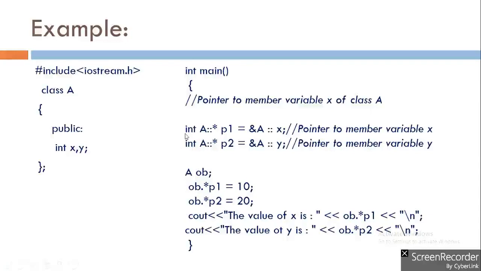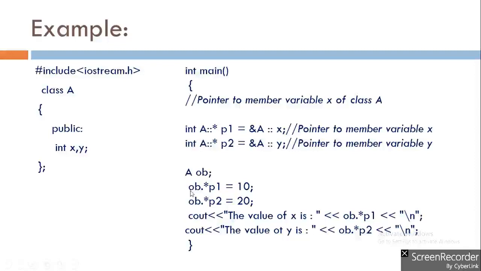So in the first line, int A scope resolution asterisk P1 equal to ampersand A scope resolution X. This line will create pointer P1 to the data member X of class A. Same way, in the second line, pointer P2 will be created which points to the data member Y of class A. Now we created one object OB of class A,